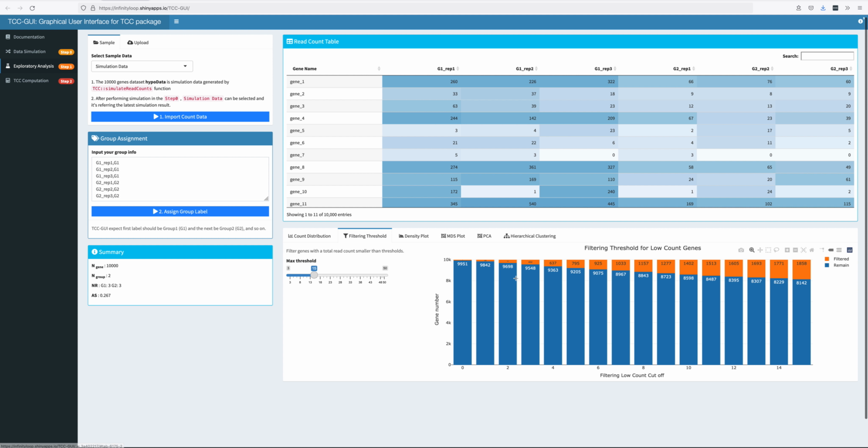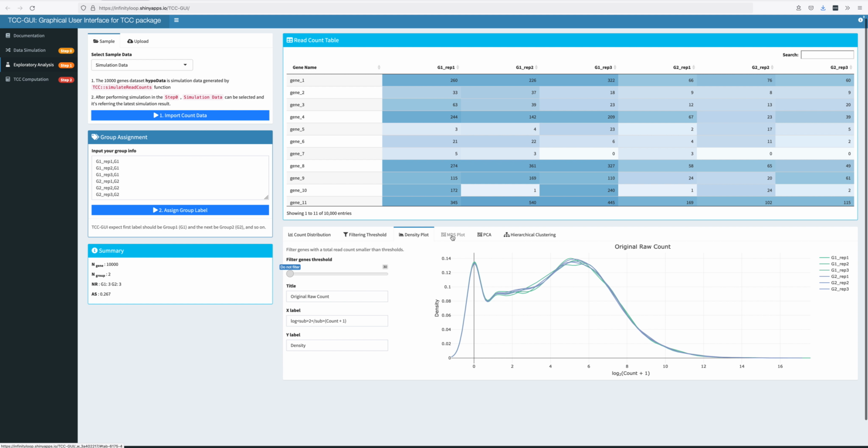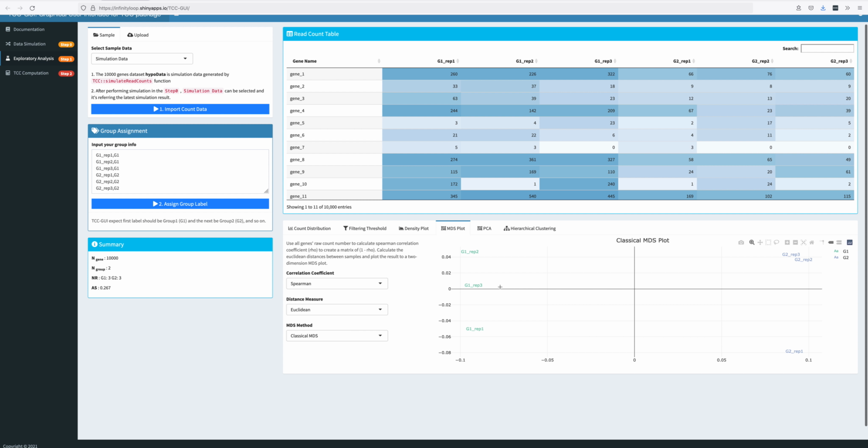We can have filtering based on the numbers of the genes, how many counts you want to filter them out, and a density plot about the distribution of those counts, and MDS plots, which is multidimensional distance plot. It has different options and you can see how different replicates are characterized in different regions when you do this